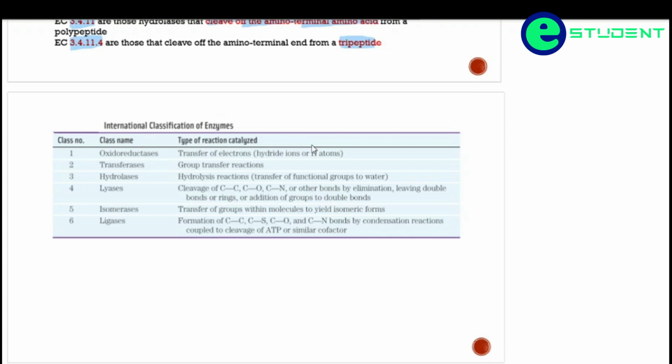As for the chart which I provided for you from the book Lehninger, you can use it for your examination purposes, because this definition can be provided in your questions in case of an MCQ type of examination which you are going to give after seeing this lecture. So here is a chart given for you from the book Lehninger. You can use it for reference, as the definitions of different classes of enzymes are given here in a very precise manner.